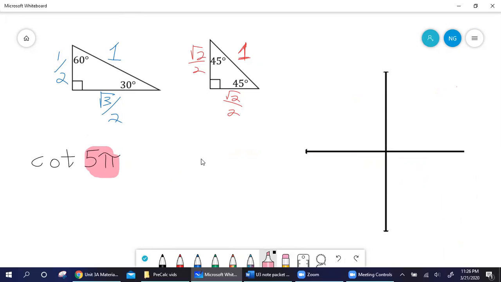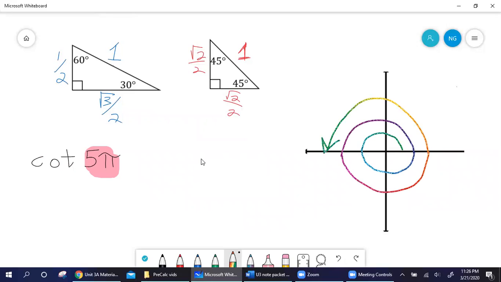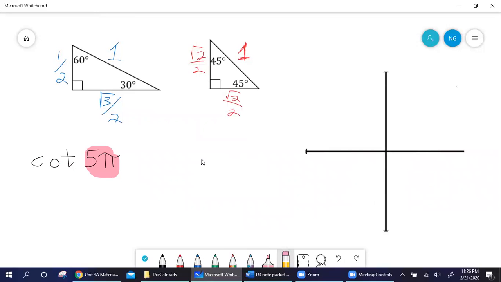Where does it land? Well, 5 pi is actually more than a full spin. I wouldn't worry about drawing this, but every half circle or half rotation is a pi. So 1 pi, 2 pi, 3 pi, 4 pi, 5 pi. So I don't care about all those extra spins. What I care about is that my spinner landed